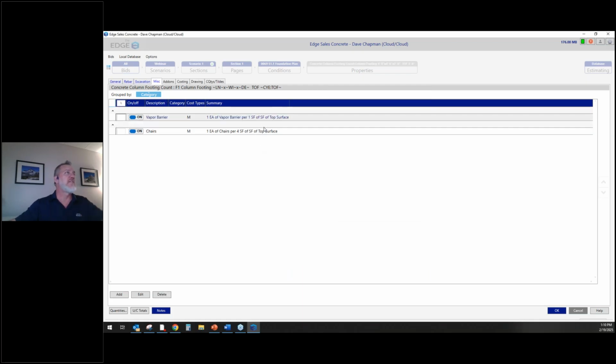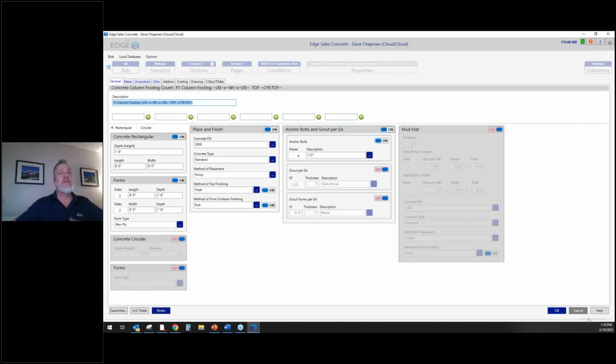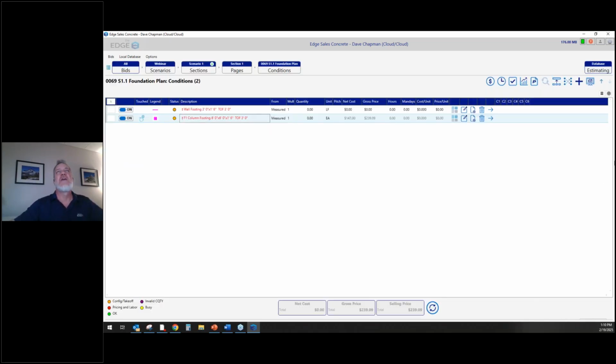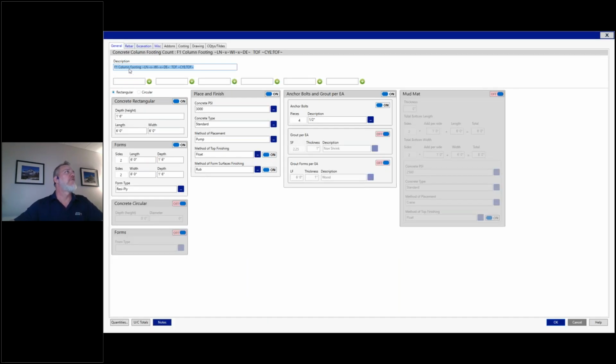Okay, and you can create things on the fly just like that. All right, so the idea is instead of having this giant database of all these different sizes of footings, inside of a particular bid, notice it's already saying the size right here, I can hit this copy and insert, rename the footing,